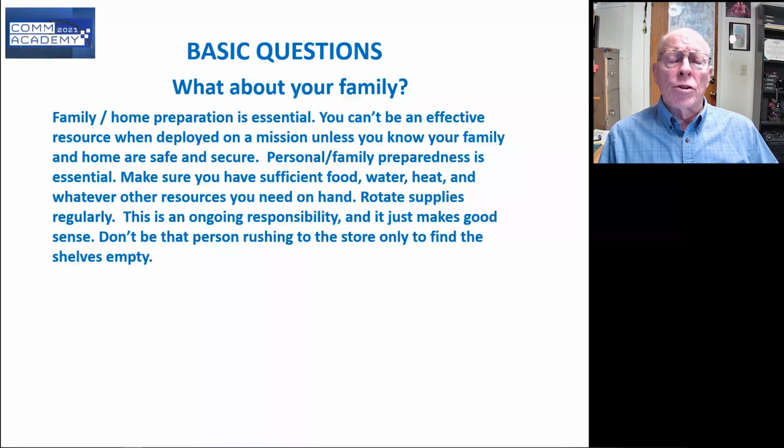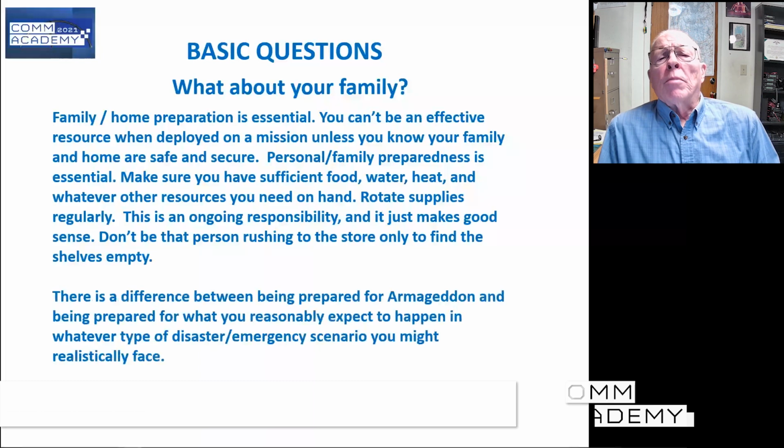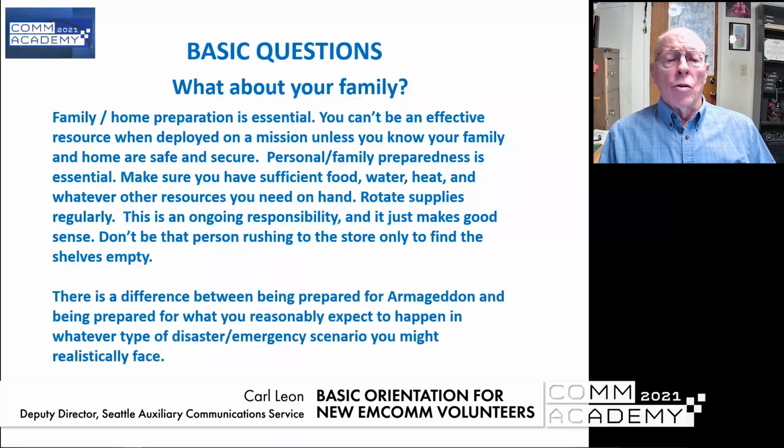So have a personal family preparedness, have supplies on hand for the family, food, water, etc., to sustain them. The recommendation is for 2 weeks. Then when you leave, you know that they're going to be okay until you get back. There's a big difference between being prepared for Armageddon. I'm not telling you to all become preppers. Be prepared for the